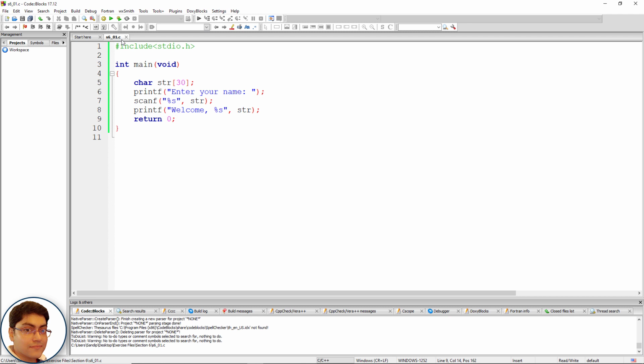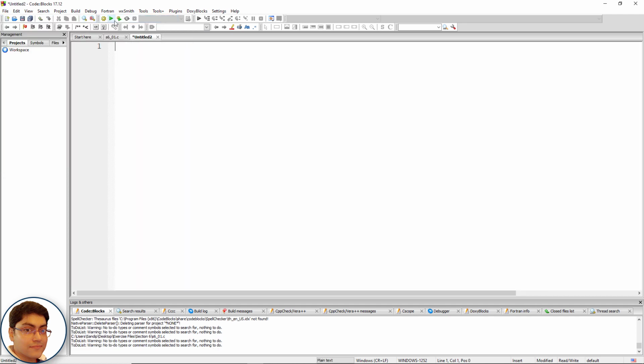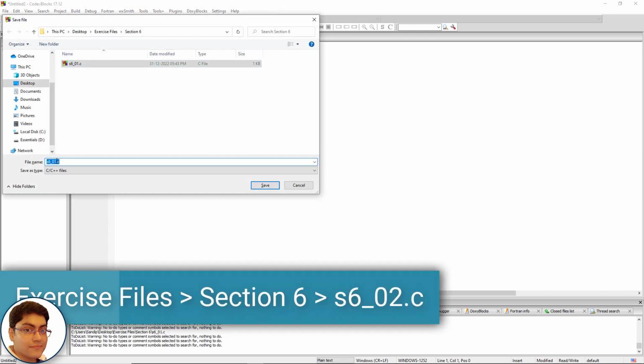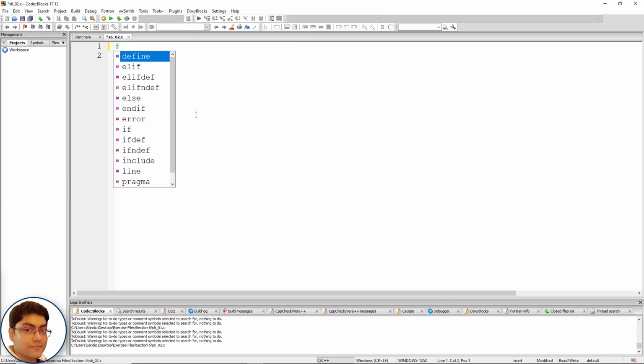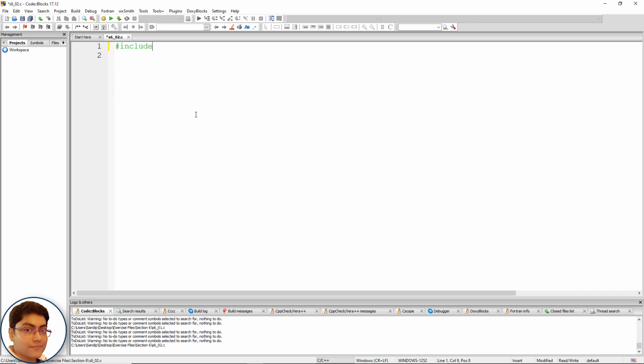Let's write a program to show that it really works. Create a new file in Code::Blocks and save it as s6_02.c. Press Ctrl S, s6_02.c. Quickly include the header file, #include <stdio.h>, int main(void) { return 0; }